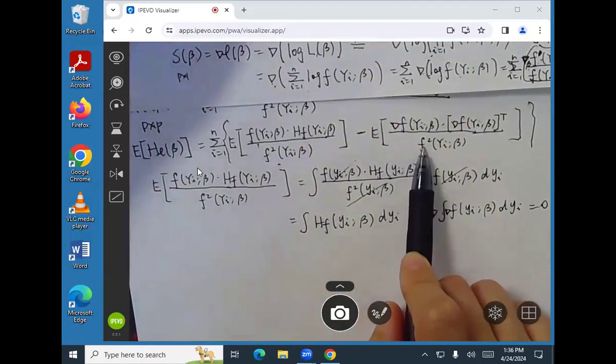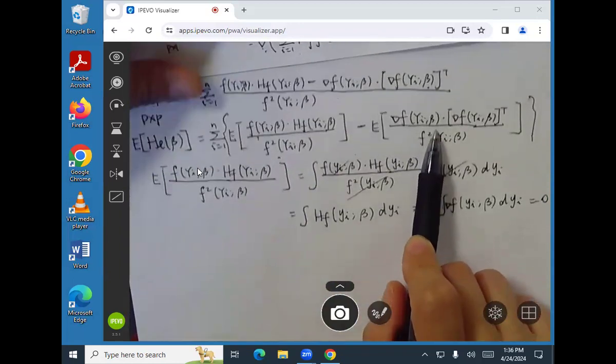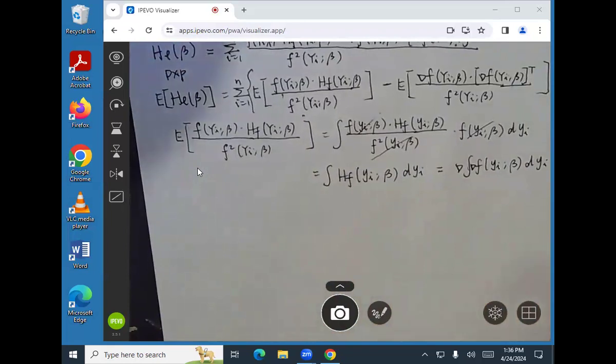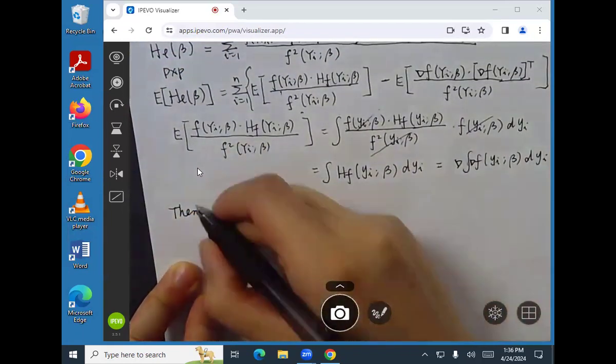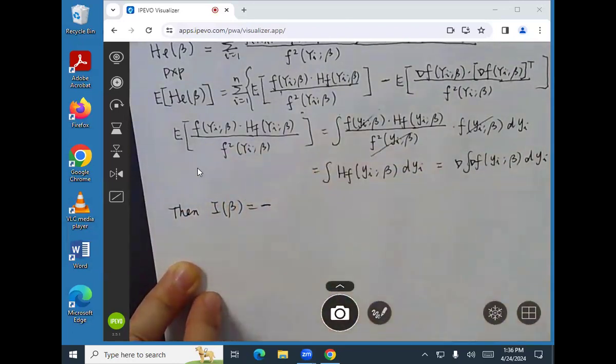What is the second term? Then you can see that that's something very nice. As I said, the Fisher information, which we call I beta, is defined as the negative